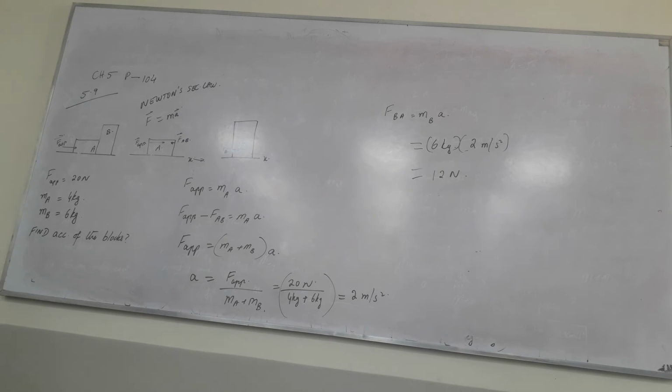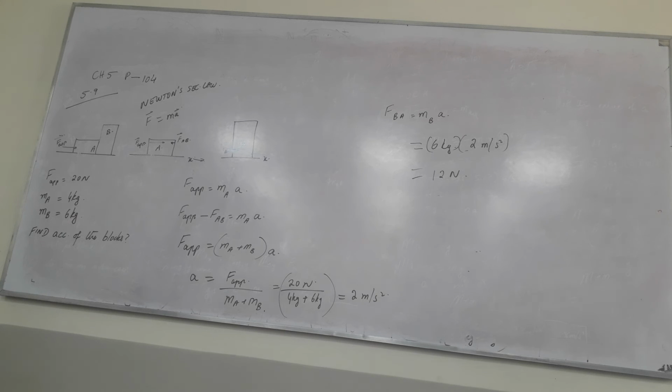It's a car going, it's a person, it's a block, it's whatever, and you try to represent it by a simple diagram. This will help you understand, right? Then after the simple diagram, you draw the vector diagram like in the last case. That will help you understand the forces along the x-axis, along the y-axis, and then the last step would be you identify the formula or the law or the concept.